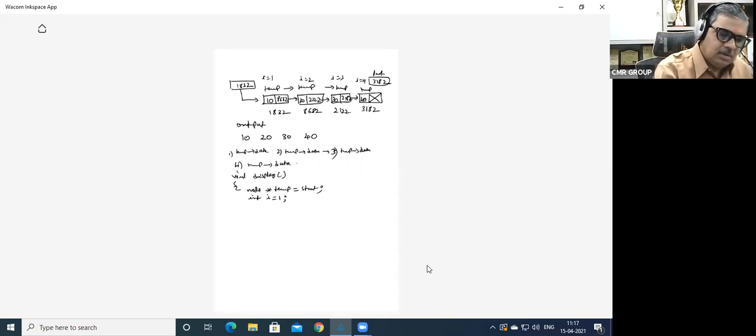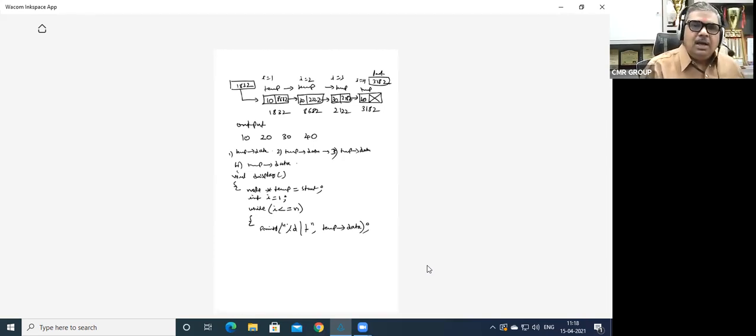No. Now, what is this one, you tell me. While I is less than or equal to n. N is the number of nodes. What is it that we need to do now? I want printf percent d slash t. What is it that we want to print? Temp arrow data. That's all. And now temp has to be moved to the next location. How do we move to the next location now?